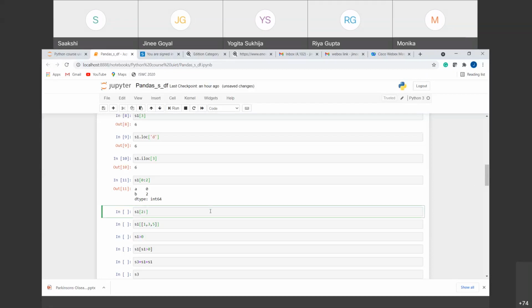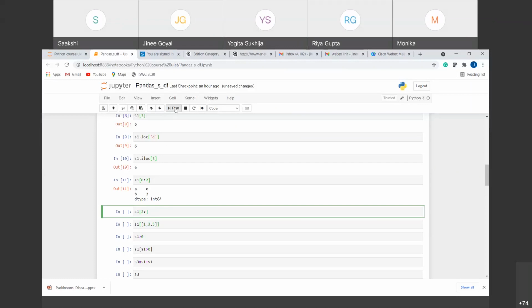In a similar fashion, suppose I want my values to start from the second index and go till the end of the series, right? For that, we don't have to provide the end index, that is where the series is ending. It will know it by default. We just have to provide the starting index, right? So if I am writing 2 colon and leaving the end empty, it means I want my values to start from the second index and go till the end of the series.